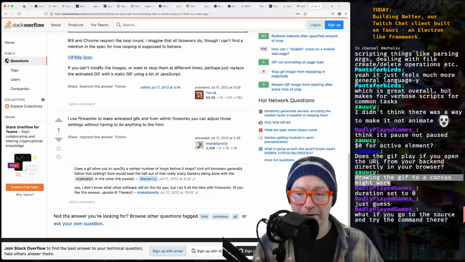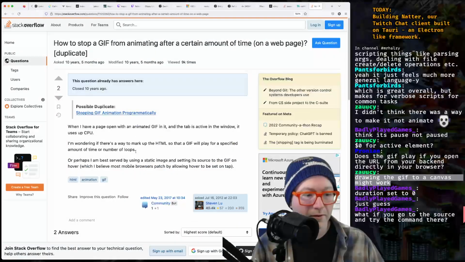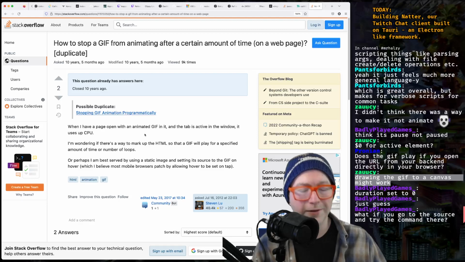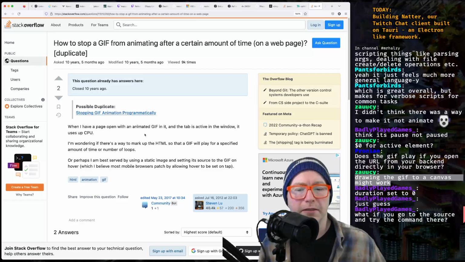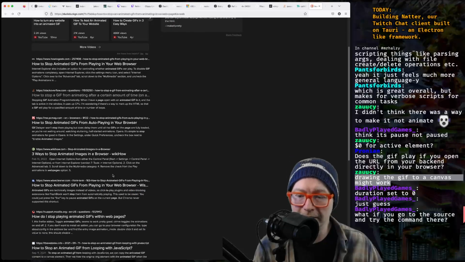Yeah. Source and for the command there. It's for the CSS animations API. It's not for that.